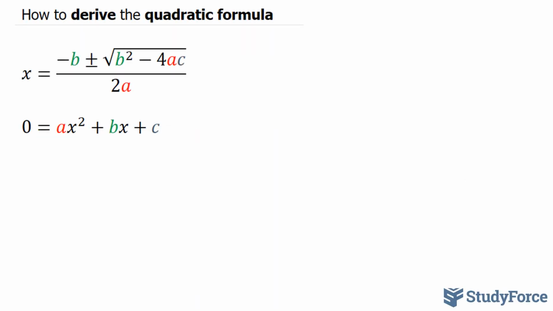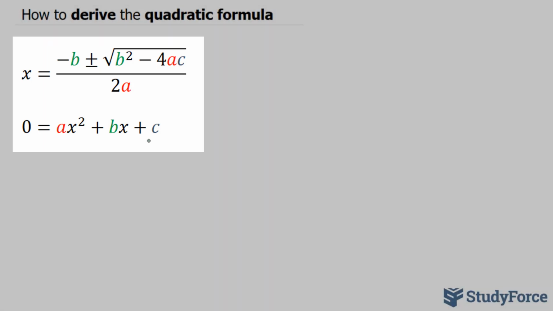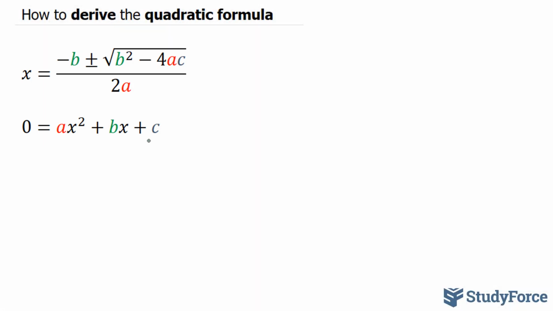In this demonstration, I'll show you how to derive the quadratic formula. The quadratic formula is shown here, and below it is the quadratic equation in standard form. A quadratic equation is in standard form if it looks like this, where you have ax squared plus bx plus c. In order to derive this formula, you'll need to know how to complete the square, and I do have a video dedicated to completing the square, which takes an equation that's in standard form to an equation that is